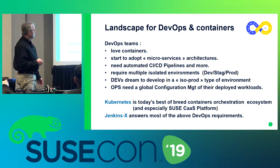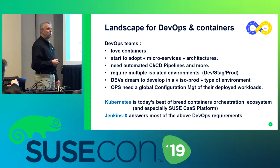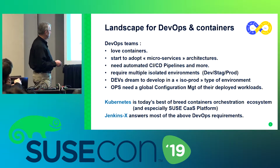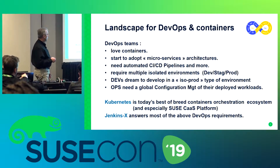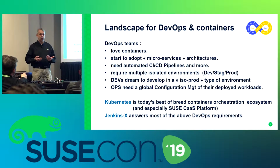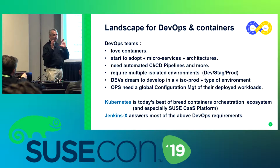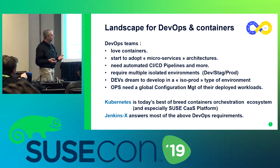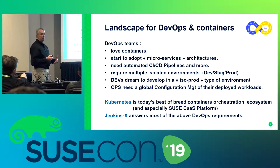Also, what is very important is that developers want to have a kind of ISO-prod environment for making their own developments. So that also will be part of the solution here. And ops want also to be able to manage the configuration management of what they deploy, meaning that in one given environment, they want to know what is deployed and to be able to reproduce, to roll back eventually from one version to the previous. Okay,